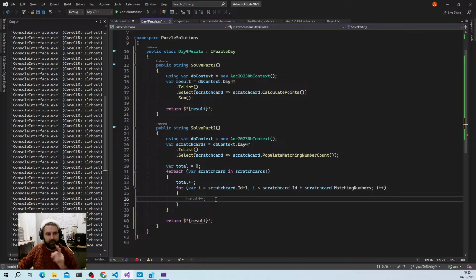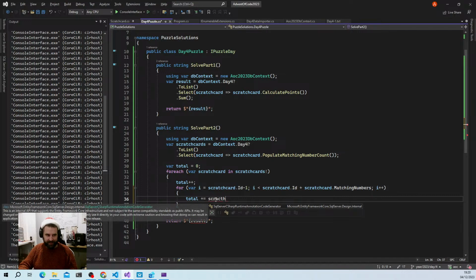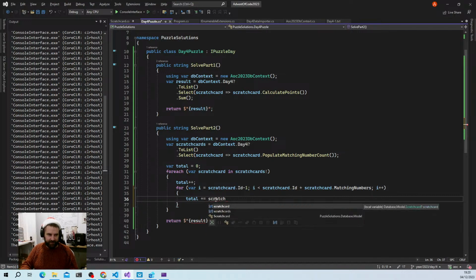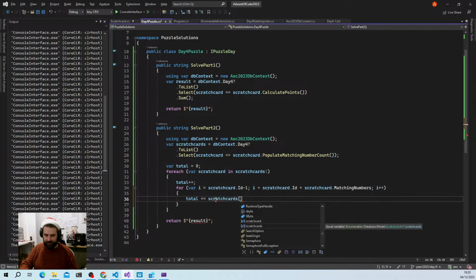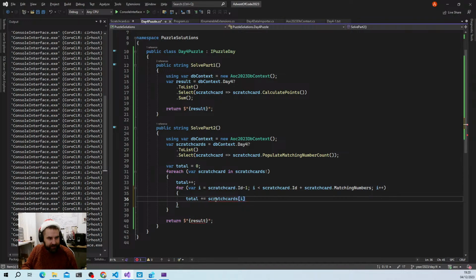Now here, total is going to plus equals our scratch cards at position I dot matching numbers. Why don't you like that? Have I misspelt that? Scratch cards, you're a list. At position I dot